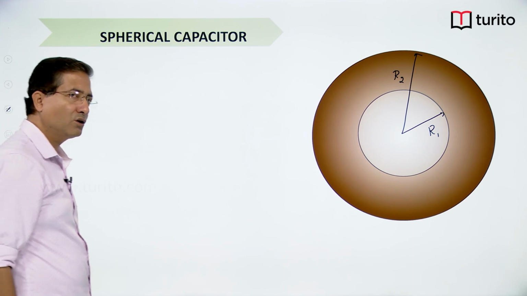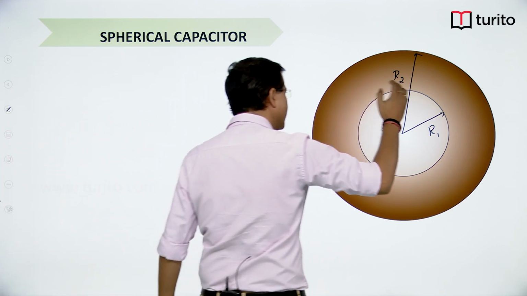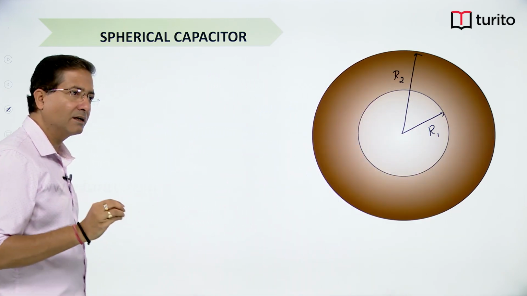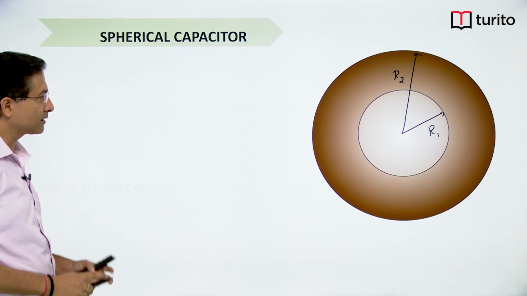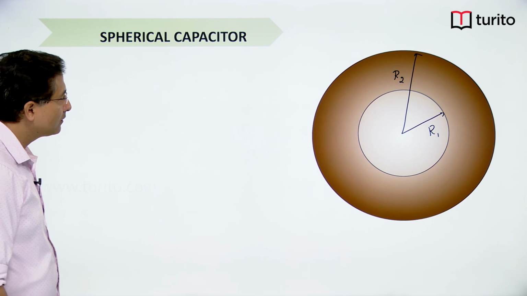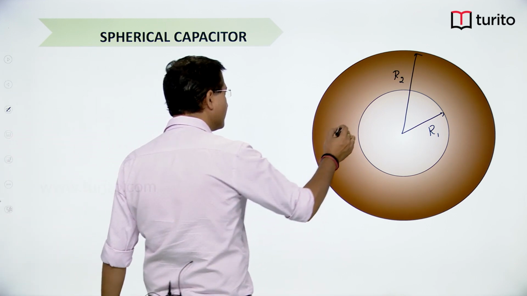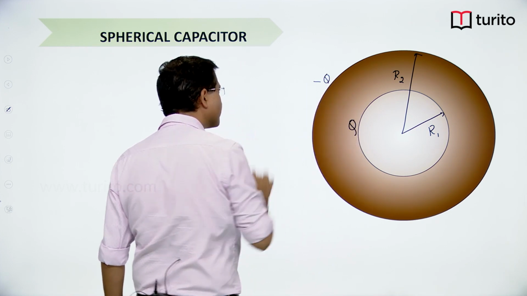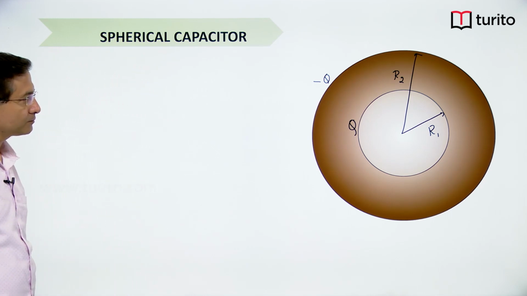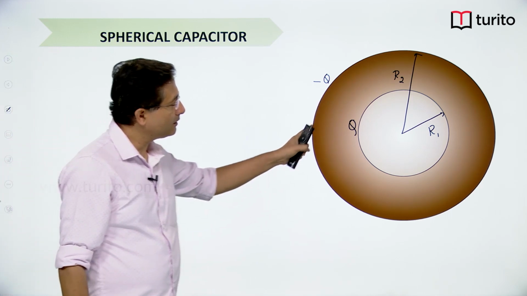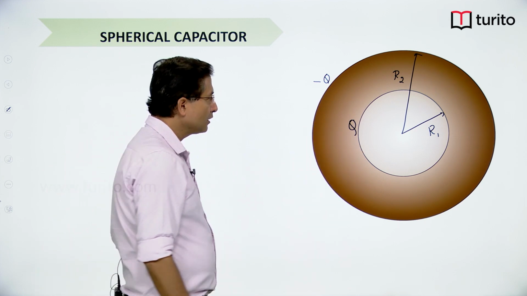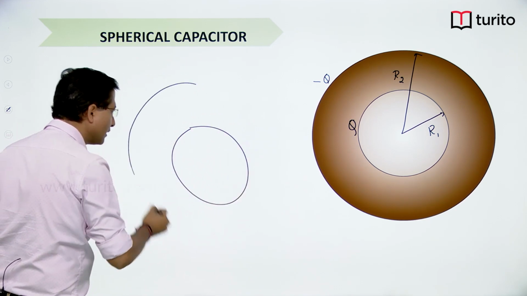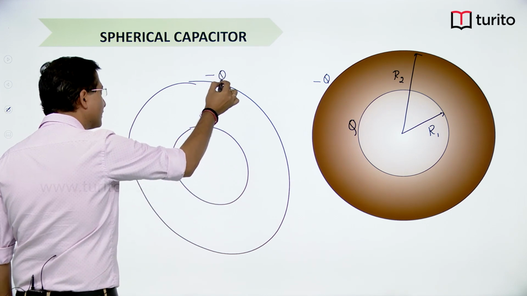So, these are two spherical shells, inner one shell, outer one shell. So, two spherical concentric shells of radius r1 and r2 respectively. Now, if I give q charge to this and minus q charge to this, we will first see the distribution. If I give q charge to inner one and minus q to outer one,